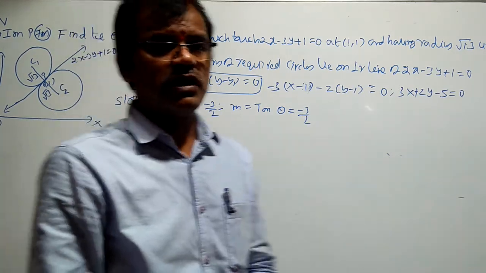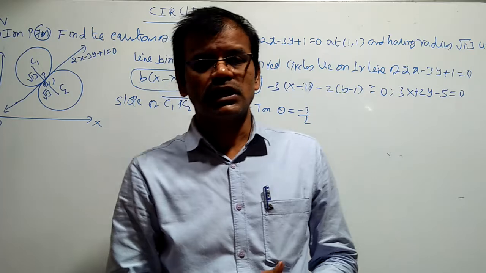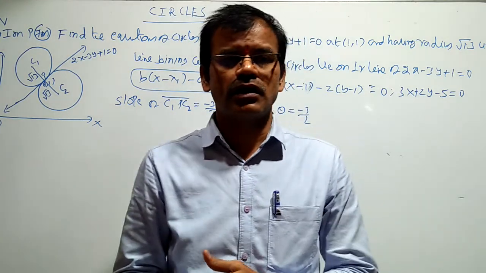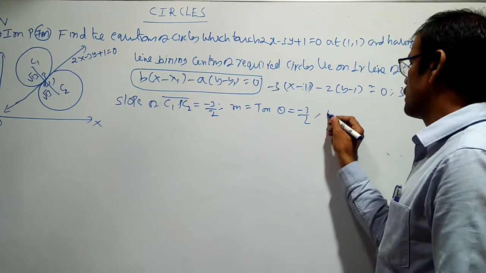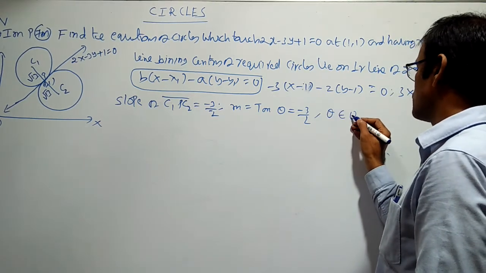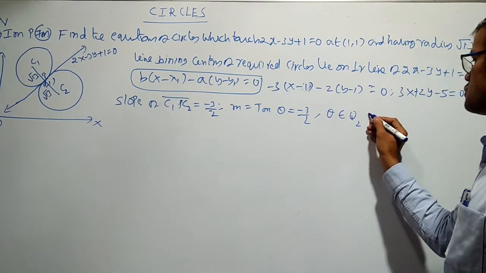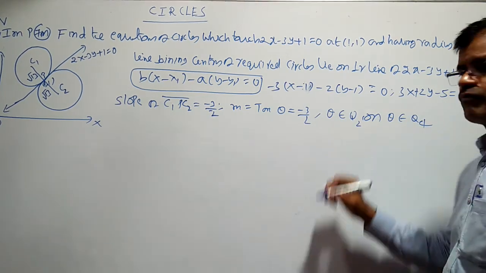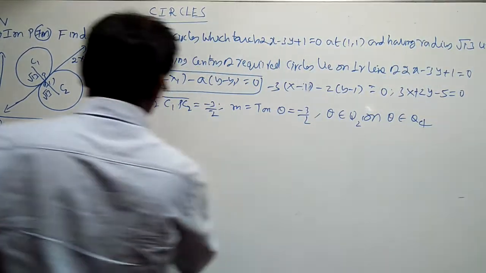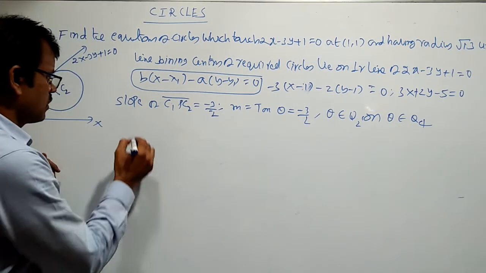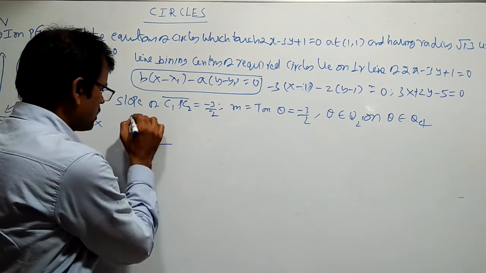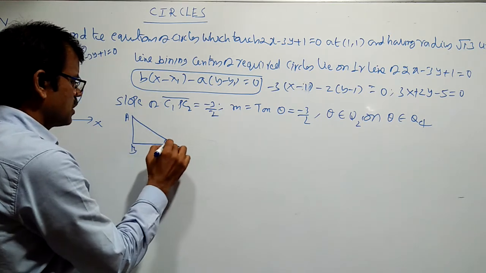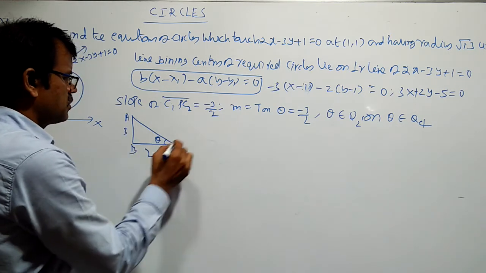Whenever tan theta is negative, we can decide that the angle theta is in either second quadrant or fourth quadrant, because of the concept of all silver tea cups. You can write theta belongs to Q2 or theta belongs to Q4. If theta belongs to Q2, what will happen? If theta belongs to Q4, what will happen? Draw a right angle triangle like this. Put ABC names here and put theta here. You write 3 by 2 here.